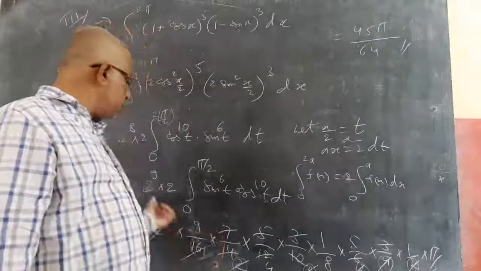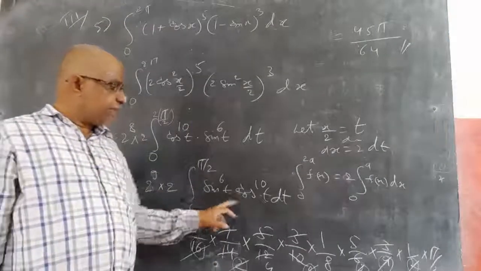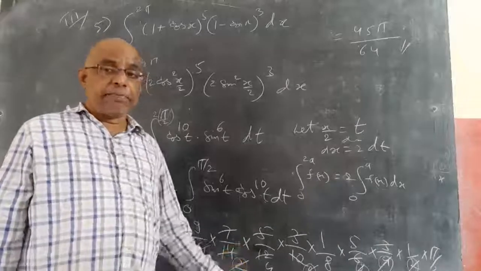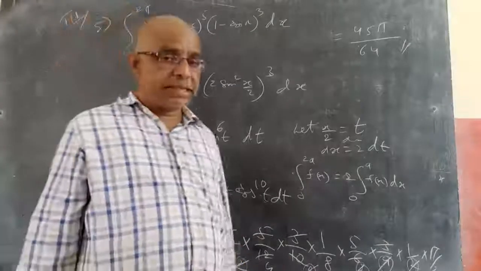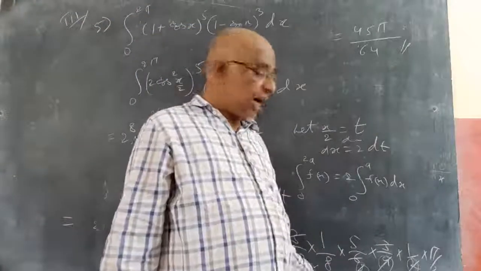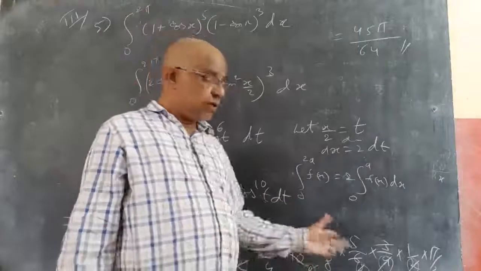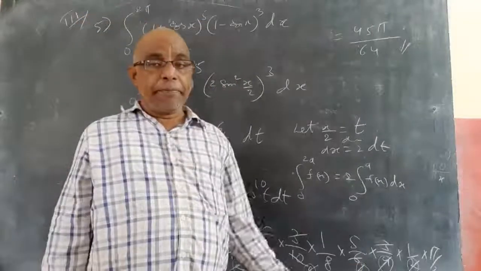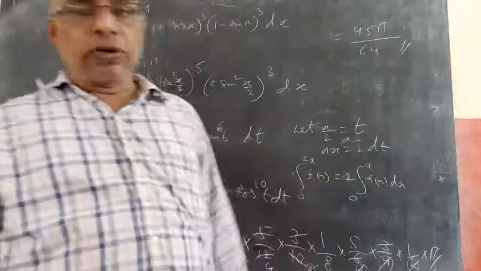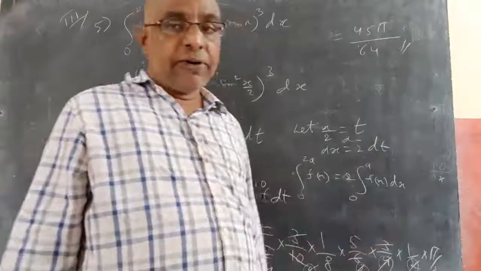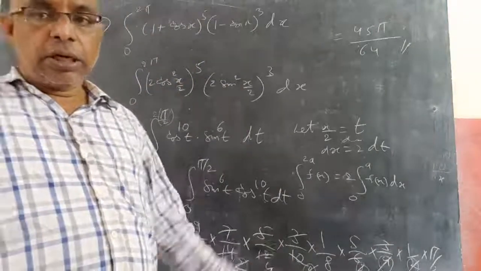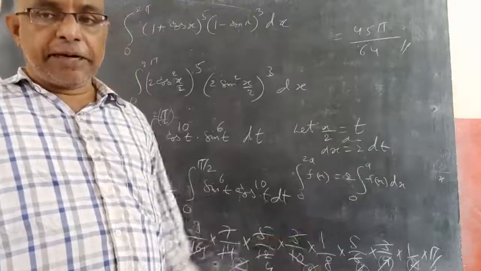So we used the formula, we simplified, then we got sin power mx into cos power nx, that is n minus 1 by m plus n, n minus 3 by m plus n minus 2, n minus 5 by m plus n minus 4 and so on. So we did till 1 by m plus 2. After that we need to go for sine reduction formula, m minus 1 by m, m minus 3 by m minus 2 and so on. If you get 1 by 2, keep pi by 2, I told you, because it is I0. If it is 2 by 3, then you will get I1.